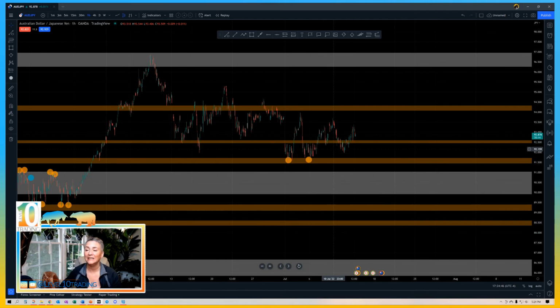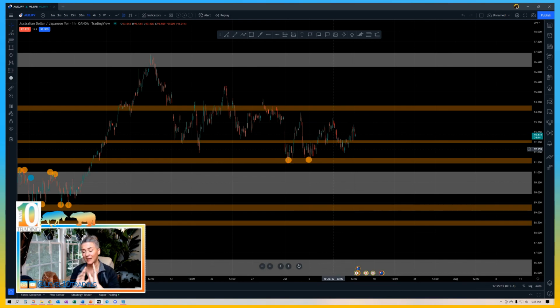So again, keep it simple. Draw your tops, draw your bottoms, draw your major support and resistance zones, draw your minor support and resistance zones, places where the trend changed or price was not able to push past. Draw your zones, move them around as you need to, expand, contract them, look at them on smaller time frames, look at them on larger time frames,